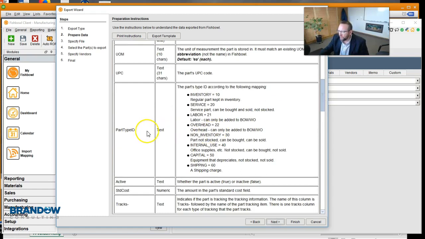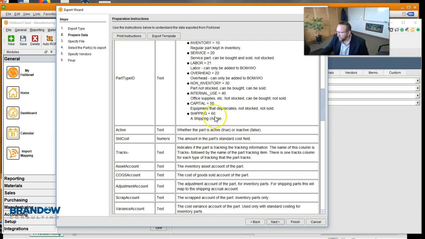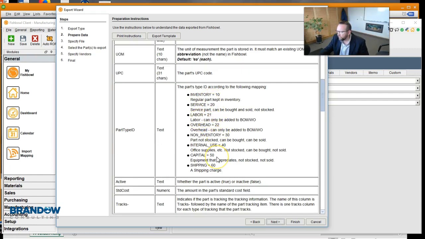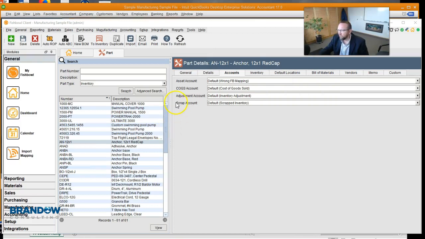So specifically the part type ID, you're going to need to know that. Unless you have this memorized, you're going to need to export this and reference that. Okay, I'll just throw that over there in case I need to reference it. Alright,